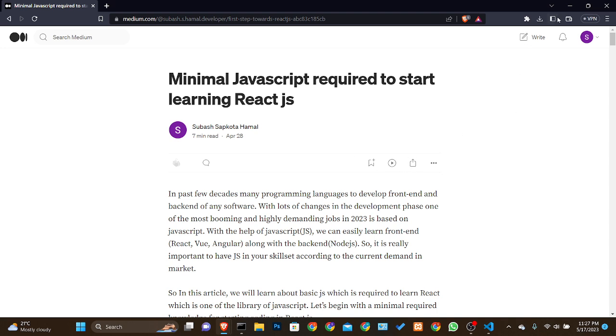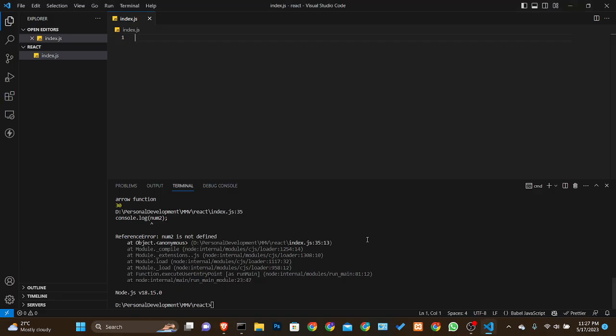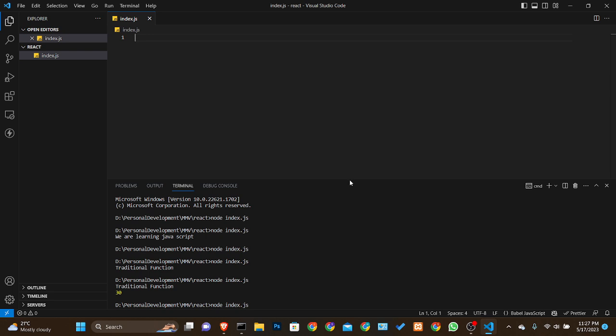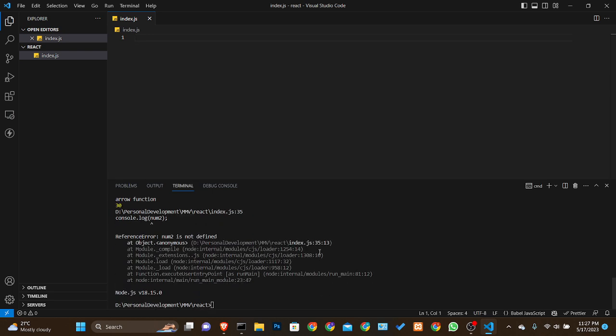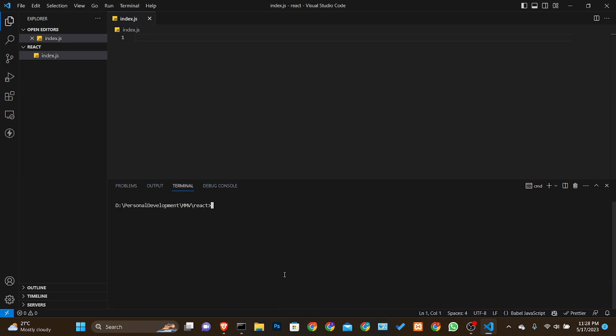Okay, so let's begin. I'm using VS Code to teach you about this. This is my previous one, so CLS. Okay, it will be easy for you to understand. I have Node included in this device, so it is easy for me to run this JavaScript file. I have created an index.js file, so I'm going to do everything inside this file. To begin with, I'm going to start with